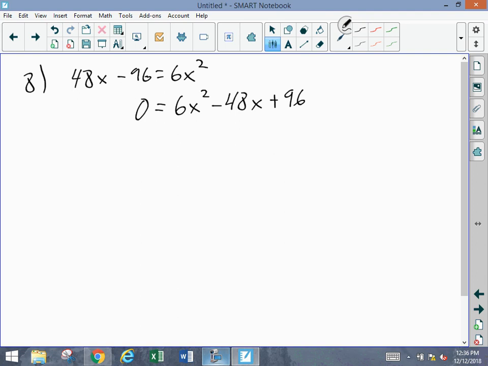Okay, so they're all divisible by 6, so let's go ahead and divide by 6. I know, so you're basically just trying to find factors of 96. Not yet. Not yet. See, before we get started doing that, we have